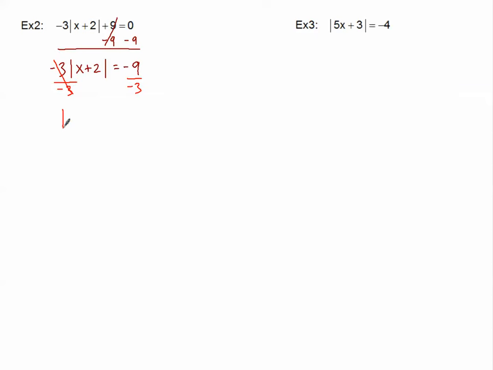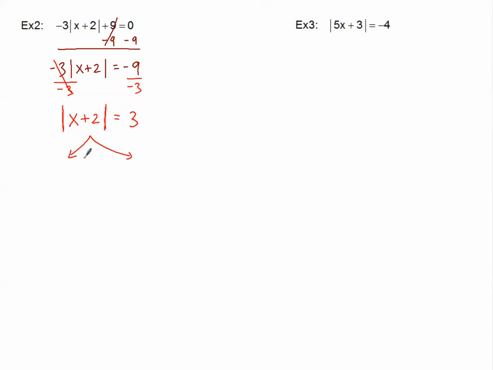And now it'll go away. I'll have the absolute value of x plus 2 is equal to 3. Now my absolute value bars are completely isolated. You cannot do anything with the expression that's inside the absolute value bars until these are isolated. Think of these as bricks, brick walls. We cannot enter these until they're all by themselves,